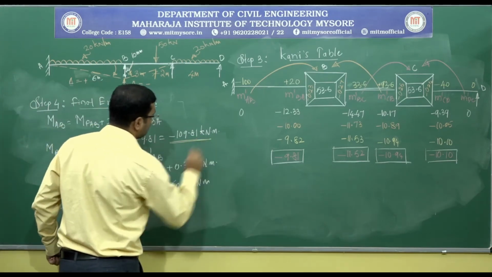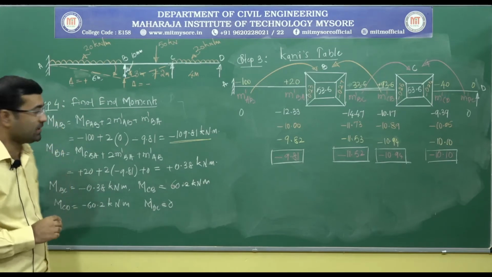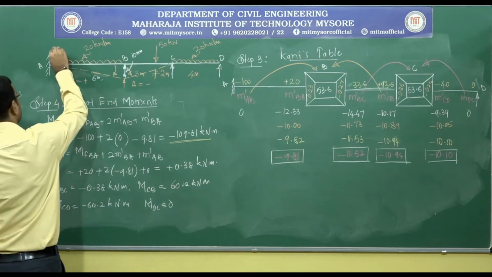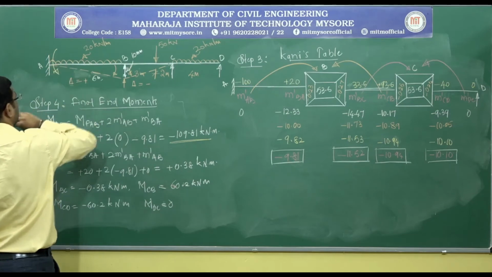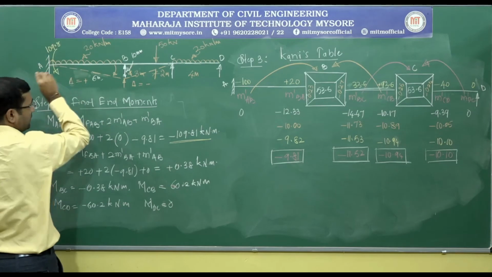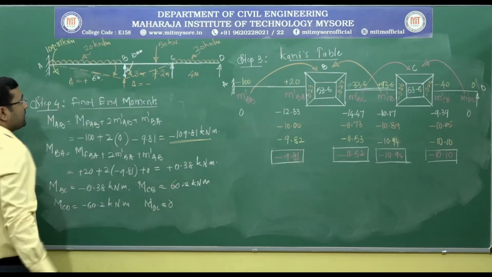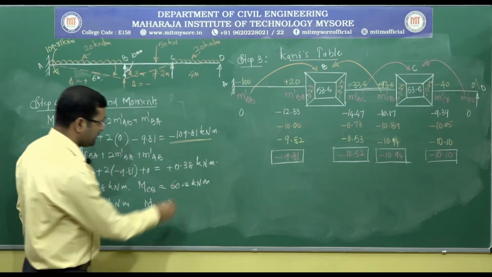MAB, as per our calculations, we got it as minus 109.81. Minus indicates anticlockwise moment. So here I am going to write a negative anticlockwise moment, 109.81 kilonewton meter. At B joint, see here we got